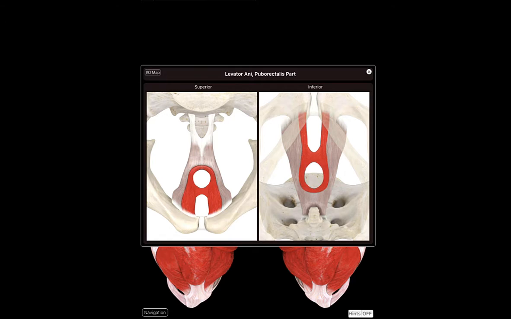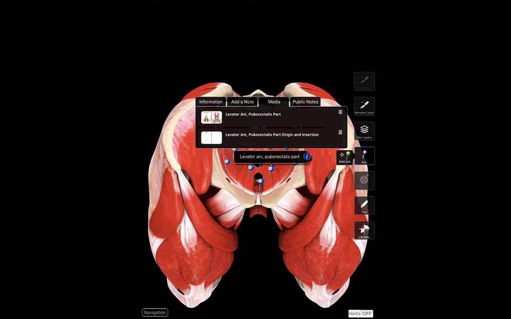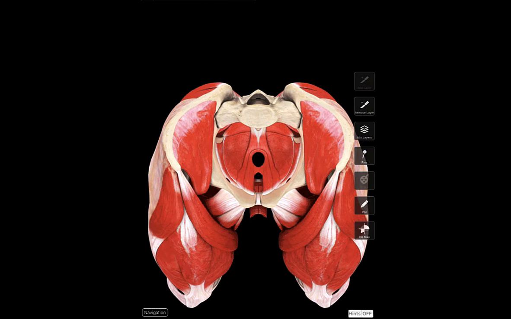Okay, so look at the pubis. You can see the pubic bone. You can see the coccyx. So that puborectalis is there. Next to the puborectalis, we have the